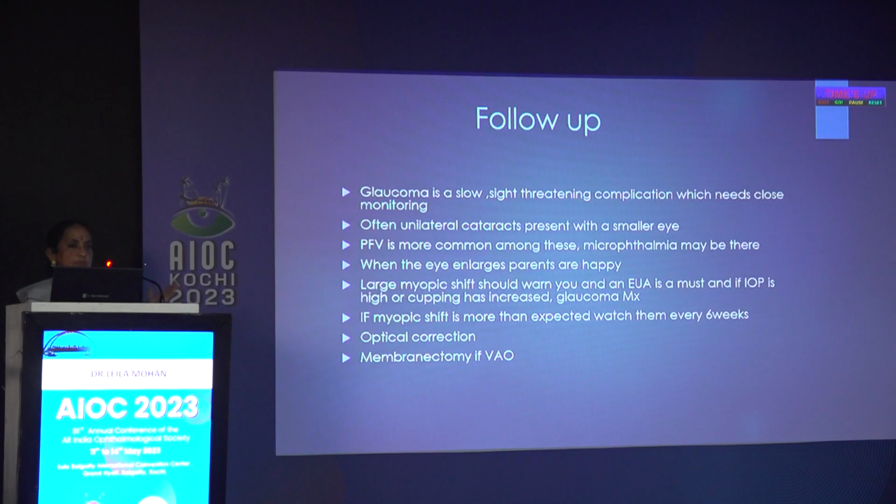And follow-up, as Dr. Kalpana has already shown, what all things you have to look for. Glaucoma, often they are small eyes. So all the problems of a microphthalmic eye may be there, and follow-up is important. Large myopic shift should alert you to do an EUA. Look for IOP, cupping, whether cupping has increased. Often these children have a very high pachymetry. When the CCT is very high, you are not sure whether the IOP is very high. So you have to look under